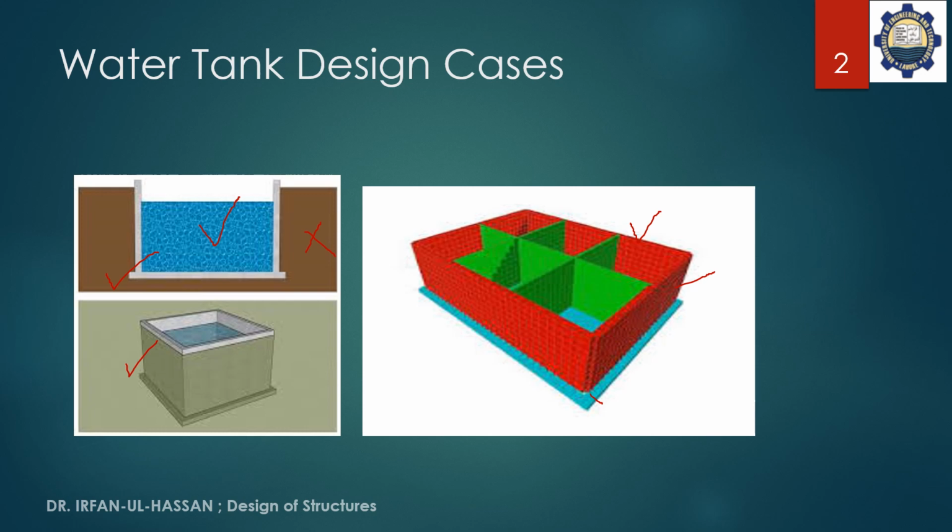For every compartment, you have to see the critical condition actually, and this is the difference between the conventional design of the walls or the slab of the building, and the slab and the walls of the base for the water tank, that you have to go for the extreme, all the time critical conditions. And similarly, the base slab here can be designed as a slab, but once for the soil load and also for the water load.